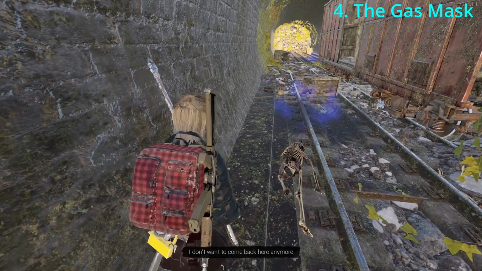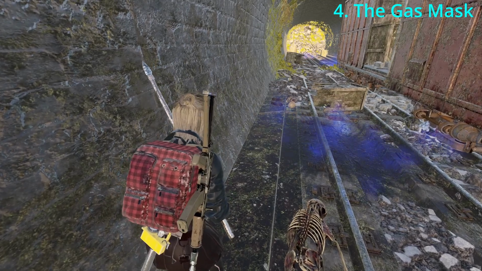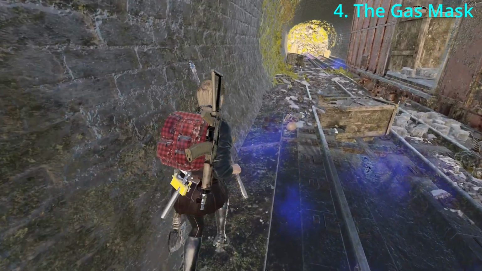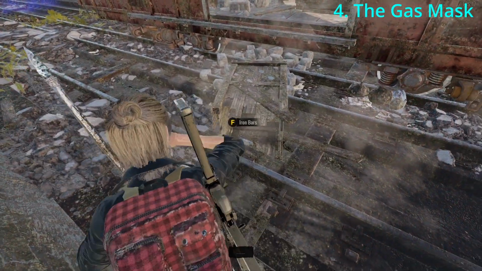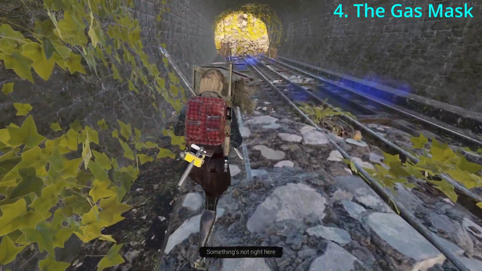Hug the wall and watch out for the explosions here. It will explode, you will get the damage, but one should be enough, no worries. As you can see here, there's an iron bar, you can pick it up. Hug the wall further, move past this crate,